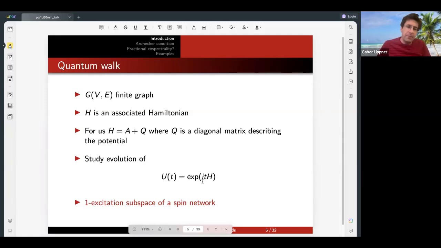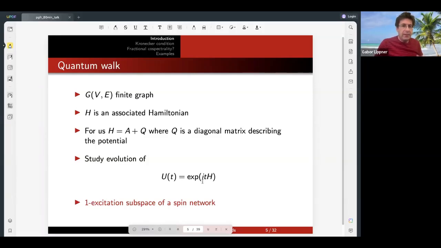How this comes up from a physical system is described many times now in the literature, so I will just briefly allude to it. The idea is we have the graph describing a network of spin particles, electrons, for example. The nodes are these particles. The edges describe local interactions between the particles. And